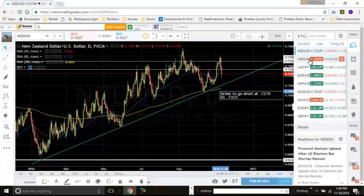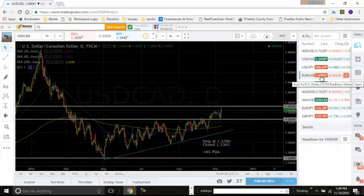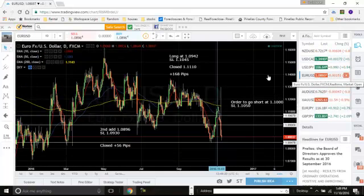Now the USD CAD is another one that's an unusual trade, but let's start off. I don't know why it's not the next trade I have on here. The Euro USD, the other setup that I currently have in action,